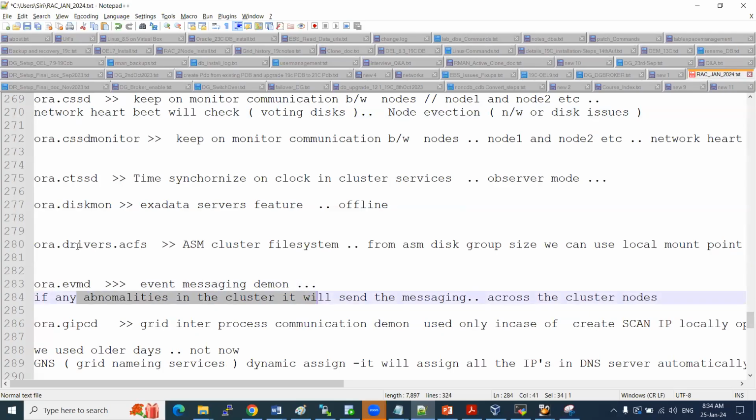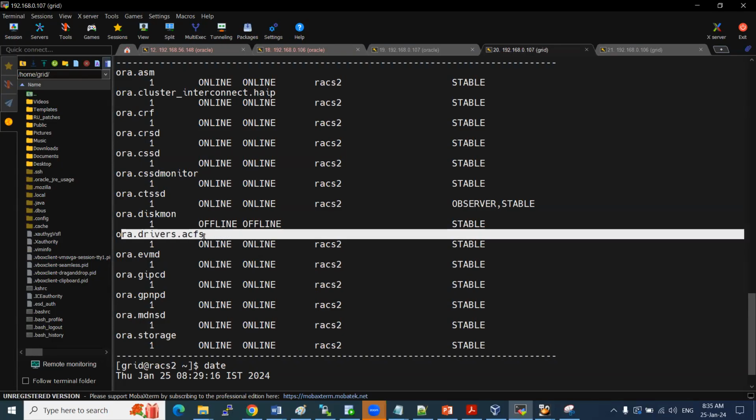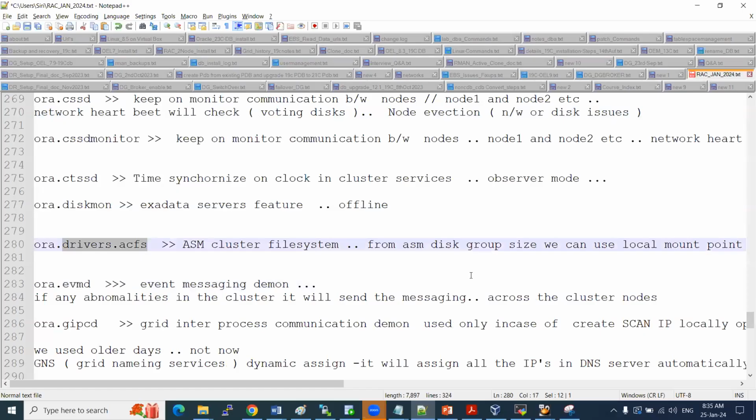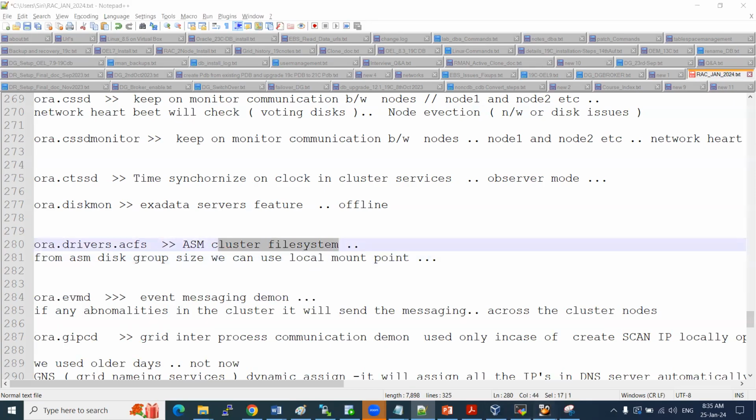Okay, and one more thing I want to say, this drivers.acfs, right? For ASM disk groups, it is going to send, right? As and when we add a disk or extra memory or extra storage to this disk group, especially this process will take care of the storage level. From the ASM disk group size, we have local mount points. Two systems we are going to maintain, right? So the local mount point is different and the ASM cluster file system is different. The local mount point is this one,